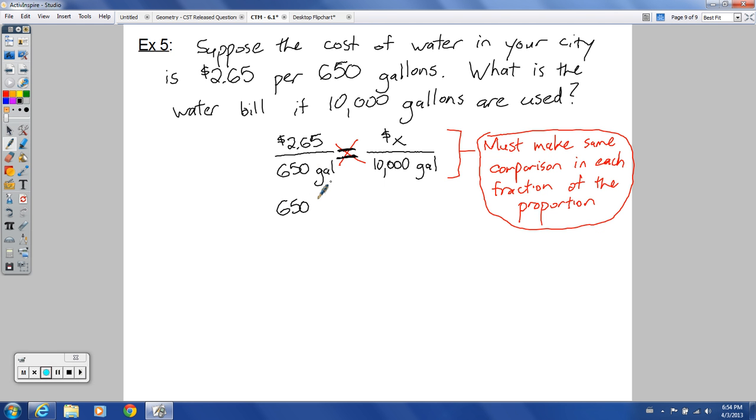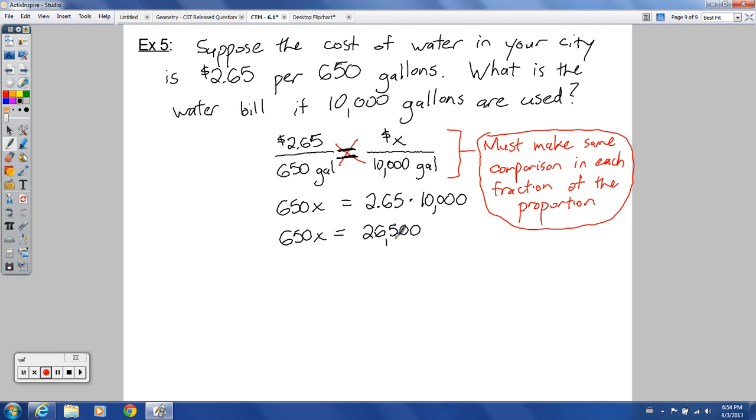650x, and notice I'm going to drop my units right now just to make the numbers easier to think about, and then I'll put the units back. I know it's going to be in dollars because that's what I'm solving for. I'm solving for X dollars. And then 265, so 2.65 in other words, times 10,000. And so let's multiply this together. You'd have 650x equals, multiplying by 10,000, you've got 4 zeros, so you're going to move the decimal place 4 spots. You'd have